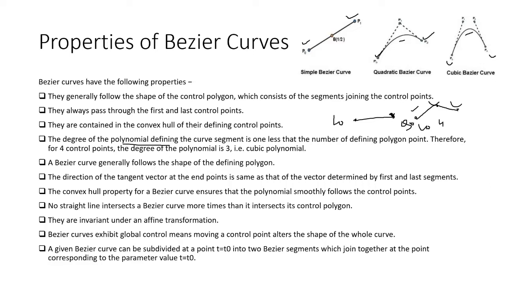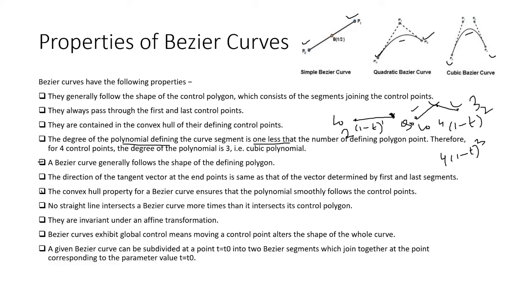In the first case, we have seen that the degree of this thing was to the power 1, but we had 2 points. In the second case, we have seen that (1 minus t) square, and in the third case, we saw that (1 minus t) whole to the power cube. But in this case, we had 4 points, we had 3 points in this case, and in this case, we had 2 points. So always the degree is going to be one less than the number of control points there are. This is the same as the first point. Direction of the tangent vector at the ends is determined by the first and last segment. As I said, the vector determined in the first and last segment is always going to be important.